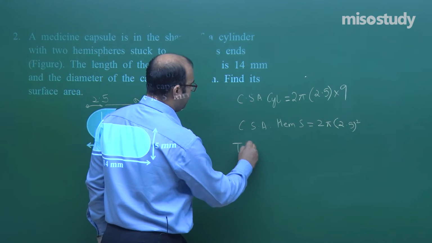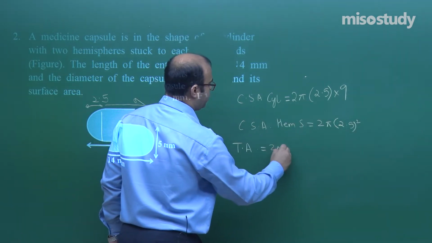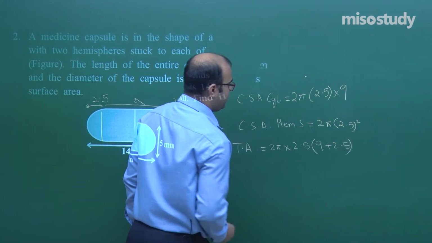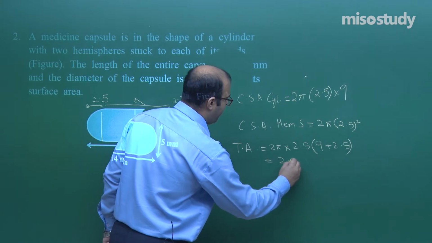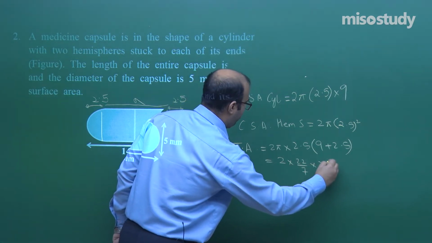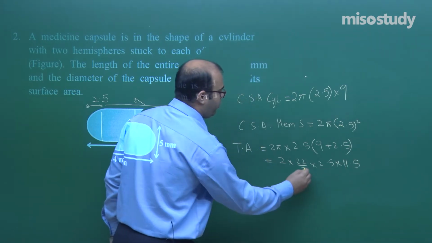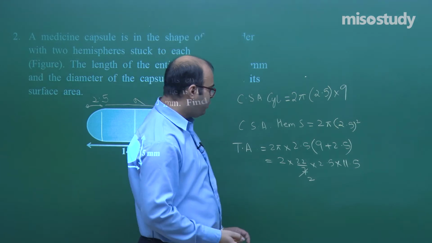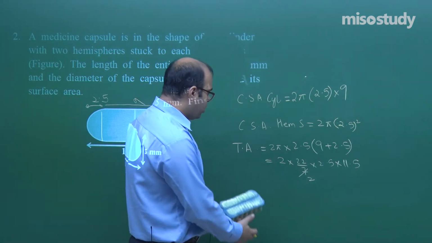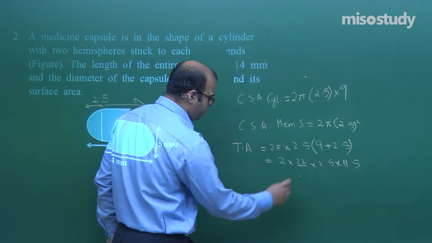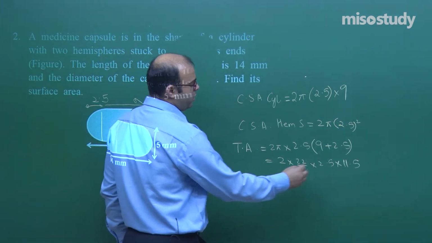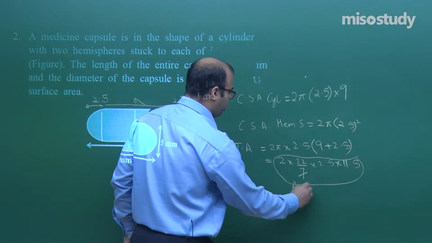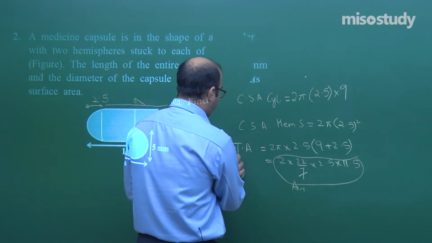So the total area which we need is 2 pi, let us take as common, 2.5 is also common, here there is 9, here there is 2.5. So this is 11.5. So 2 pi is 22 by 7 into 2.5 into 11.5. Now 3.5 into 2 is 7, 3.5 into 3 is 10.5, not 11.5. So we keep it like this only, and we can calculate this value. Just multiply 22 into this and get this value, that will be the answer for this question. So this is the total area of the capsule which we have.